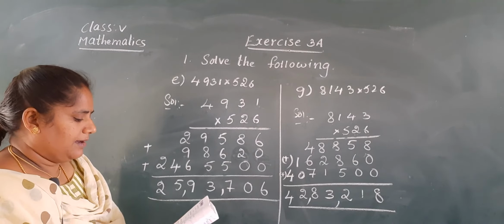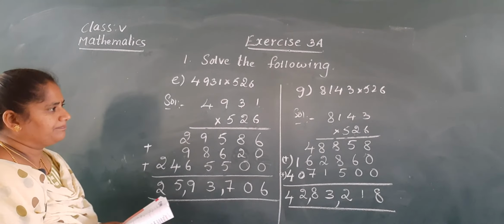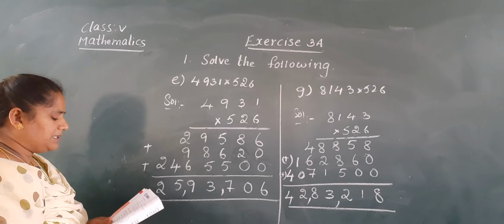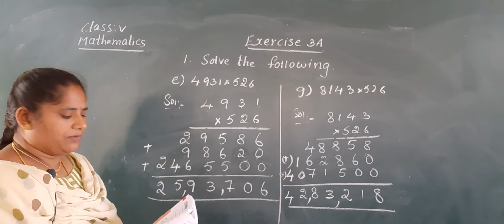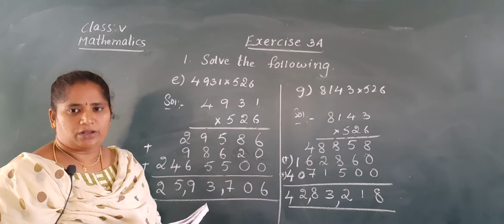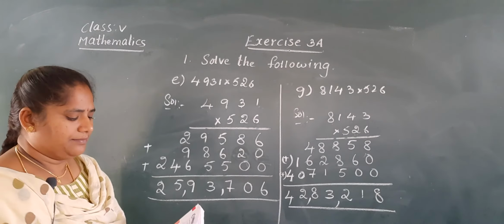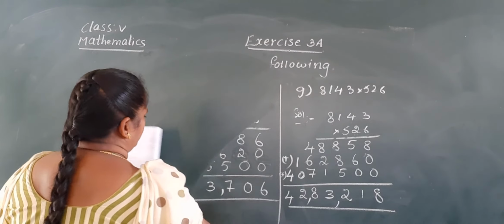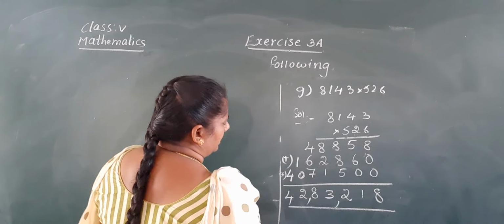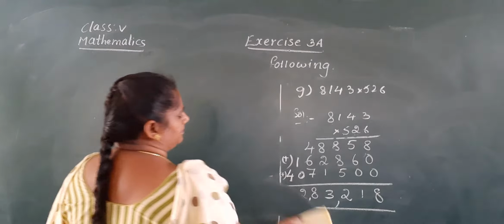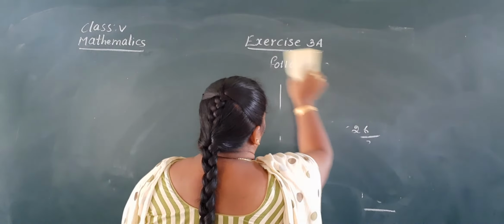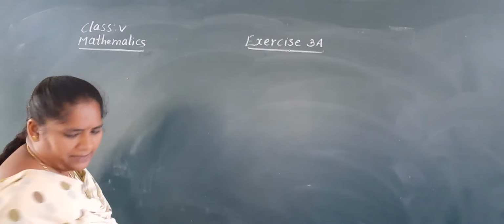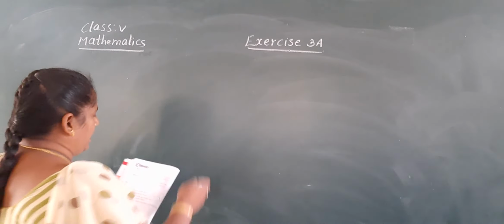Okay. And the last problem, H problem. So, today homework problems are B, C, F. So, you write B, C, F problems in your homework book. Okay. Next, last problem. Can I rub this one, children? So my dear children, you have to learn the tables perfectly, Nana. Then we can do the multiplication easily. Okay. H.